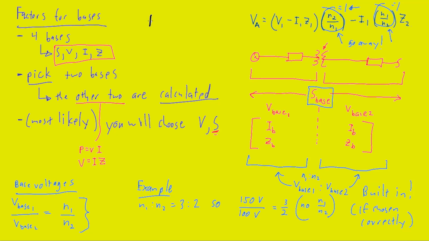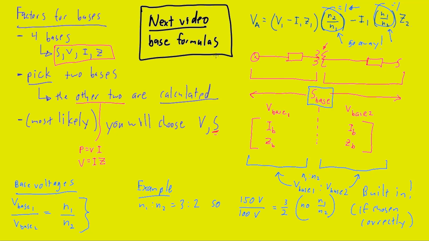In the next video, we're going to talk about the per unit formulas associated with the bases. And we've seen in this video that the complication created by the transformer in making these N's in our formulas can be removed by the proper application of voltage base selection and its correspondence to that ratio relationship established in